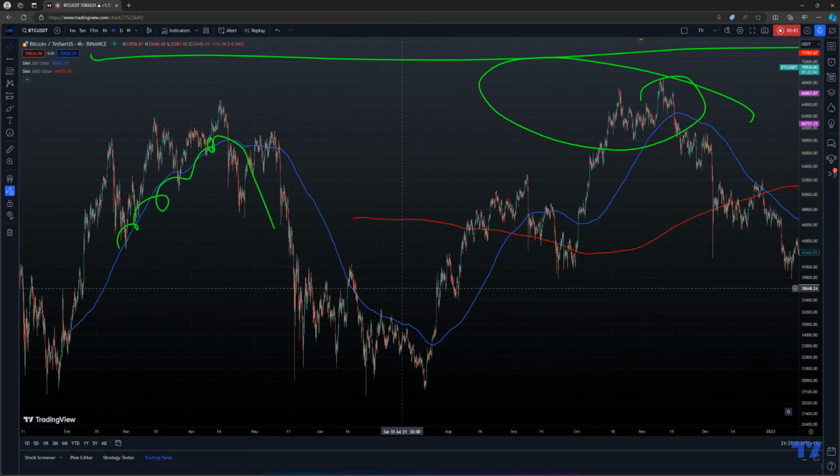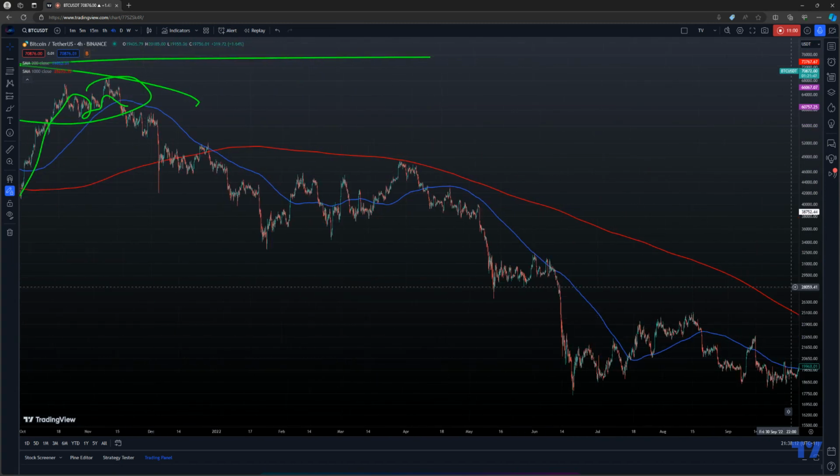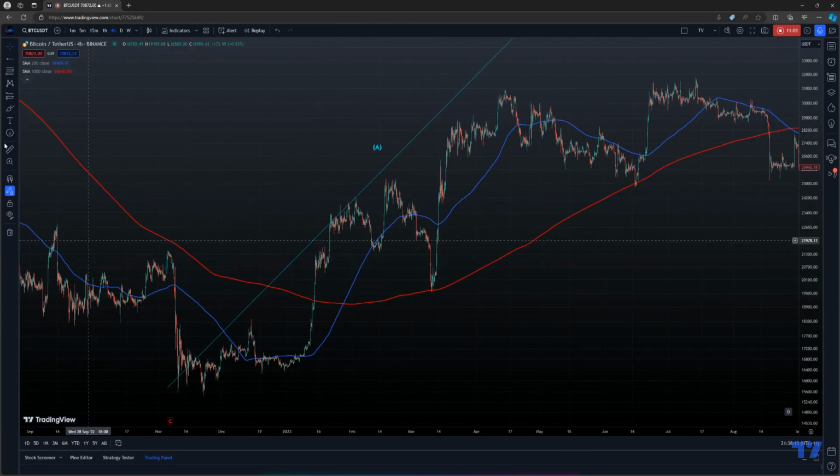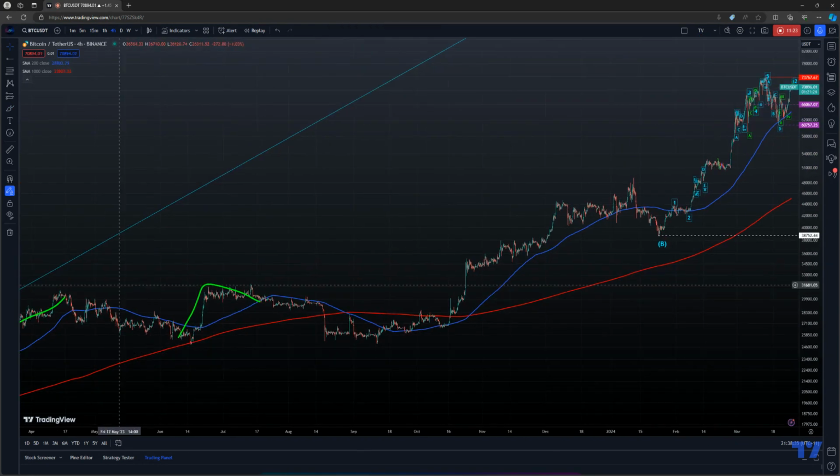If you're in a fully proper uptrend, you don't touch the 200 period. You only break it once you go near it. When you're in a full uptrend, you don't really break it until you go near it, right? Doesn't mean you can't bounce off it, but if you go near it, you're going to break it soon. When you're on a full uptrend, you don't go anywhere near it, right?